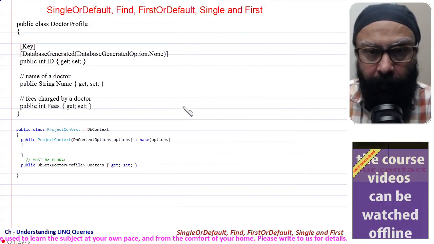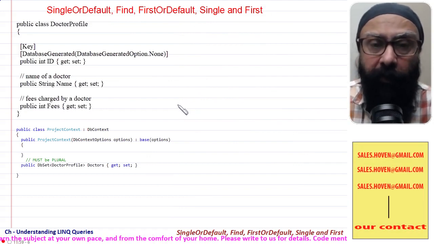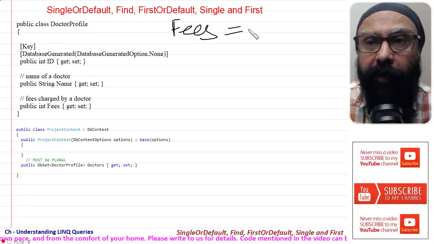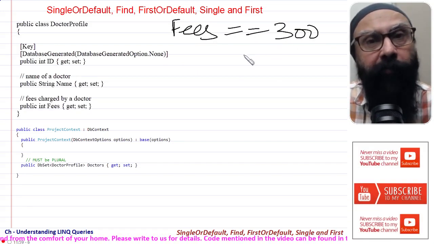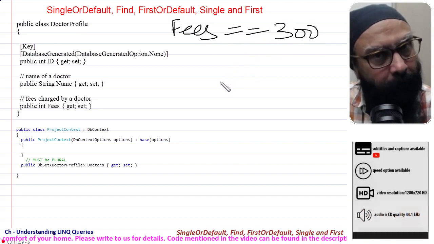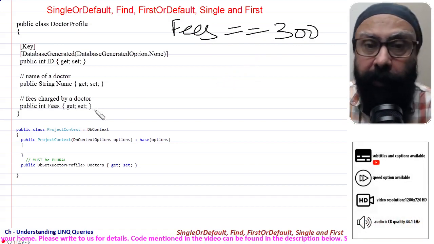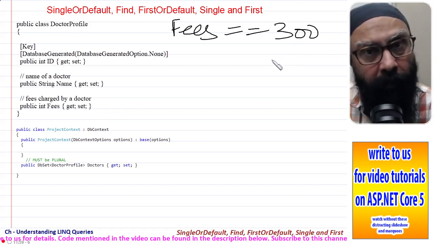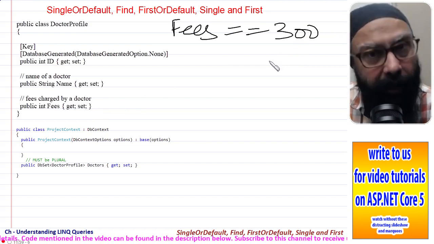Now let us suppose we want to find a doctor whose fees is exactly equal to 300 and we want to find just one doctor. Now in this database there may be 10 doctors whose fees is 300, but we want to find only one of them.